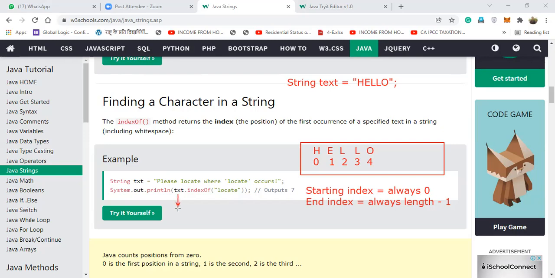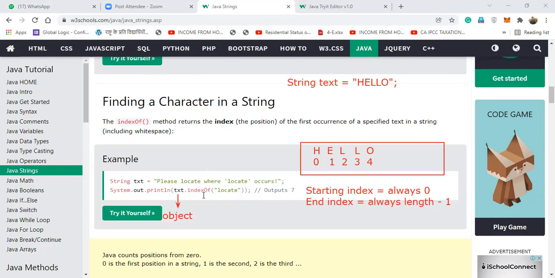You can see above, we only declared txt. What type of object is this? String object. Very good. This is a string object.